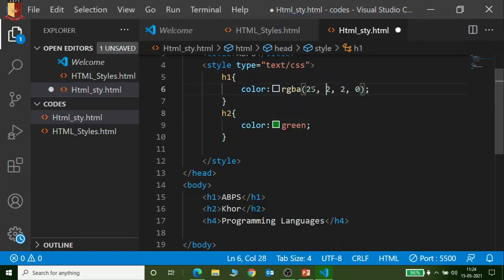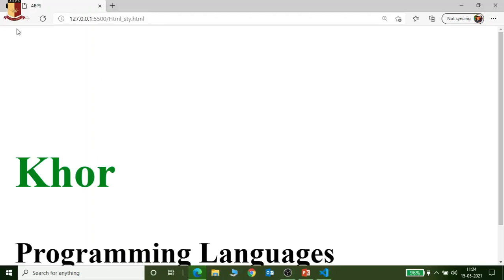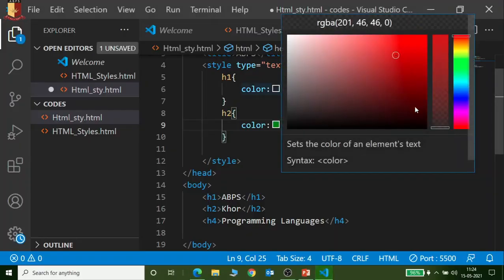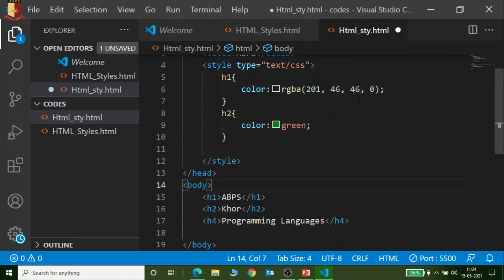Now 255, 0, 0. Okay, save it. Now again move back, and every time you do this you will get a different color. Got it? So the color transparency changes every time.